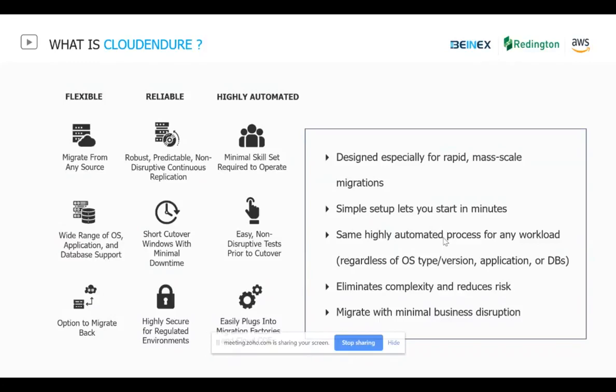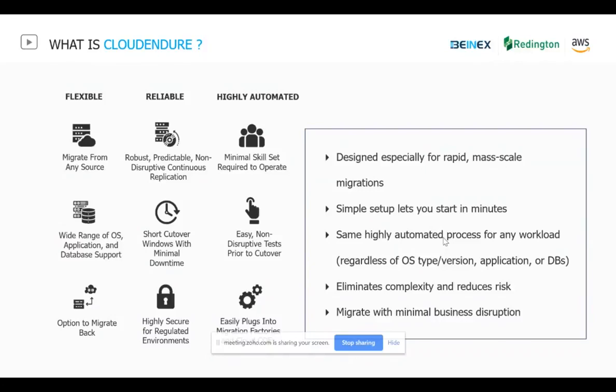Number one, it allows you to do cross infrastructure machine conversion. So if you are running machines on Hyper-V or VMware, they can be converted into a platform which AWS supports. Number two, it supports block level replication. So the entire block of volume will be replicated to AWS. You don't have to worry about specifics of the server, but the entire storage block can be replicated to AWS.